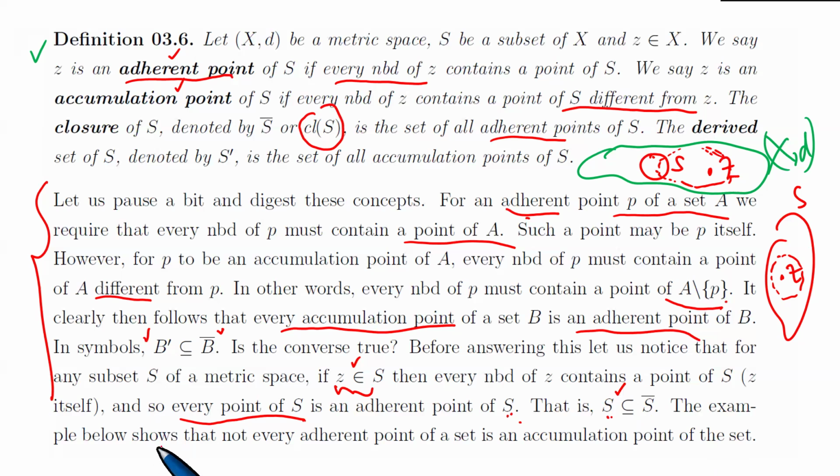The example below shows that not every adherent point of a set is an accumulation point. So in other words, the converse is not necessarily true. Well, in the following sense, we've gone to then say,